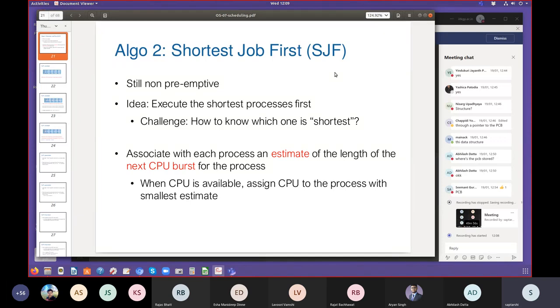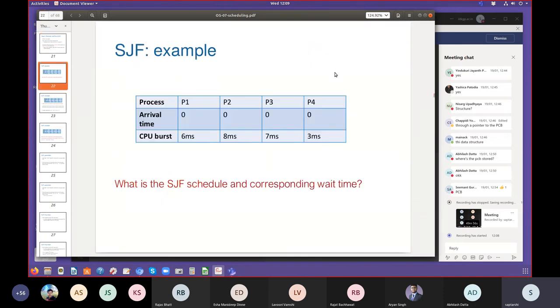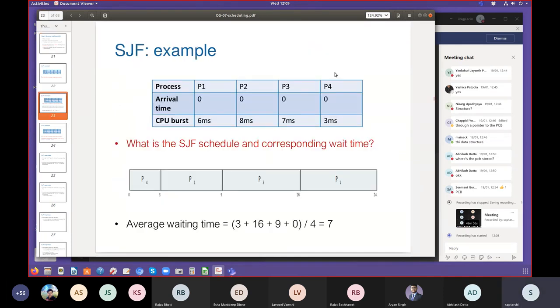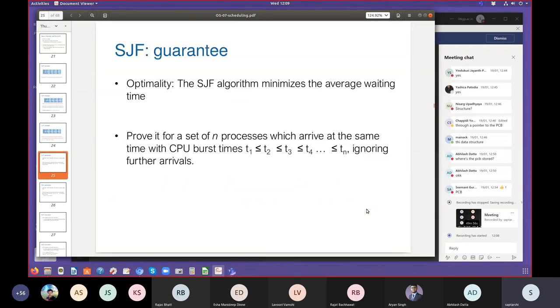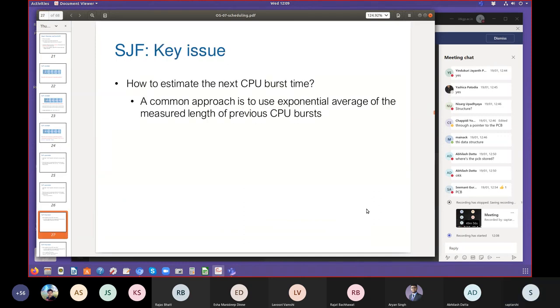Now, we worked out a couple of examples. With every process there is a CPU burst time which is estimated: what is the next CPU burst time? Based on that, the scheduling occurs. So here, the estimated burst time of P4 is the least. Therefore, that is what is scheduled first. So this is what we discussed, and we also discussed one key question: